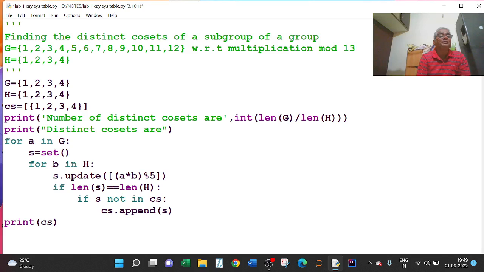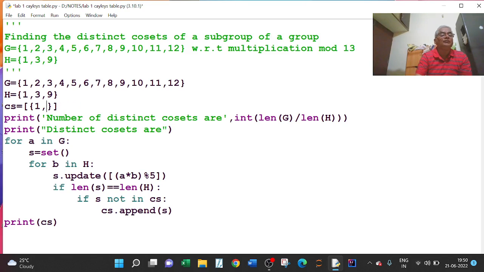This is a group, and a subgroup of this is 1, 3, 9. So here I have to write G as 1 through 12, and H is equal to 1, 3, 9. Here also I have to write the same thing.